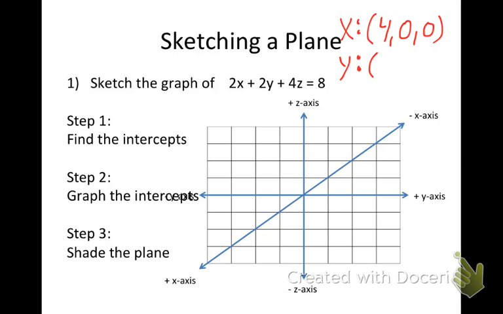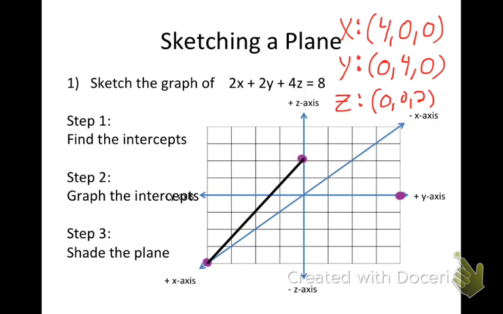What would my y-intercept be? 0, 4, 0. Nice job. I guess I forgot to plot the first one. 4, 0, 0 should be down there. 0, 4, 0 should be there. And then I need to find my z-intercept. What would my z-intercept be? So it's the coordinate there. And last thing I'm going to do is connect them